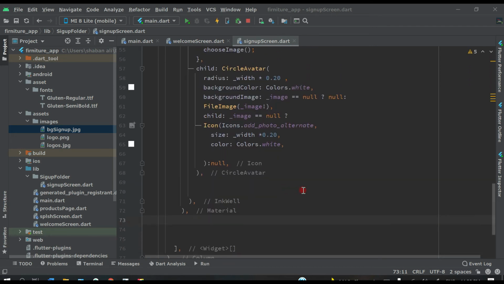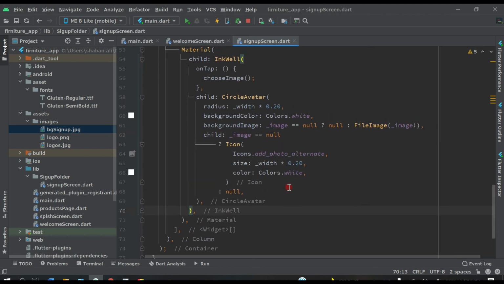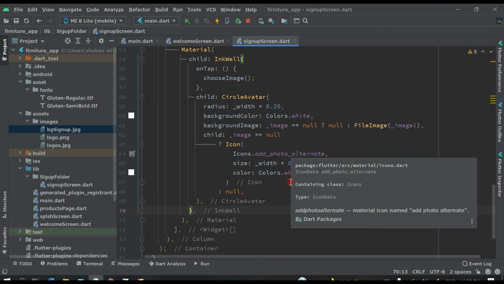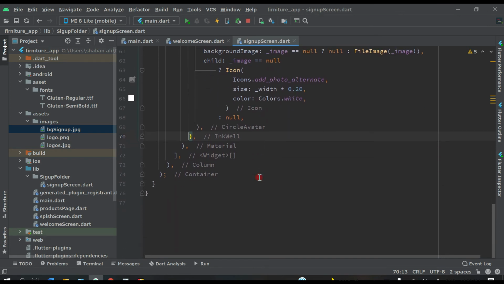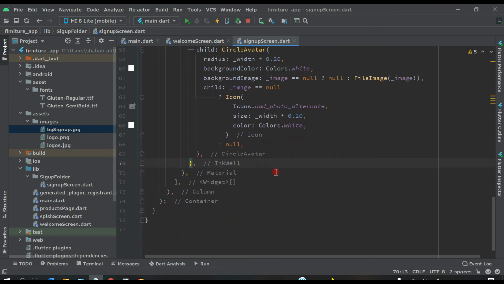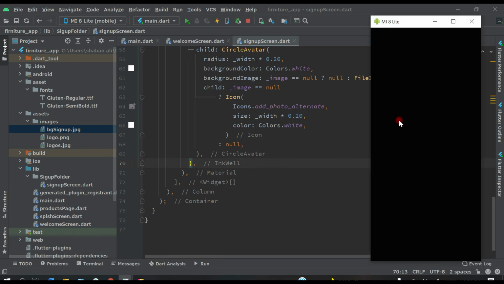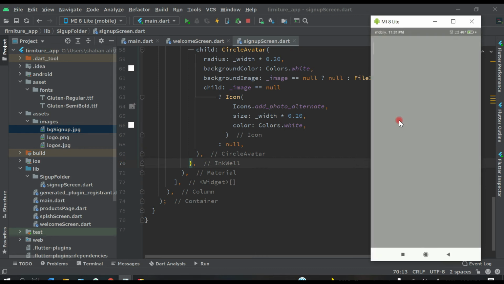So let's first press Ctrl Alt L. Now our code has been formatted well. Now let's test the app, how it looks, whether it's working fine or not, or if there is something missing. Let's check it, and we will do further things in the next video. Let's see first how it looks. So open your phone screen, and then press this icon, run.